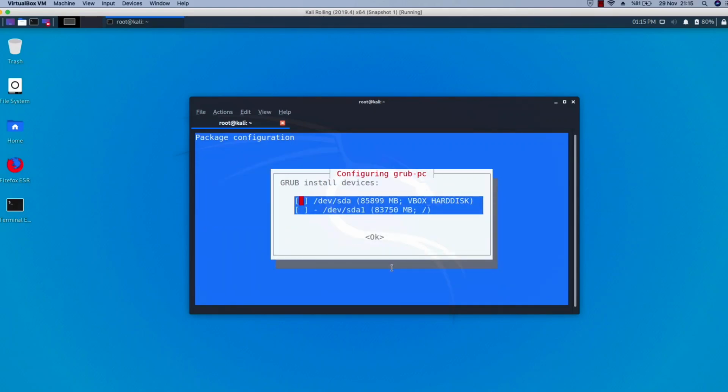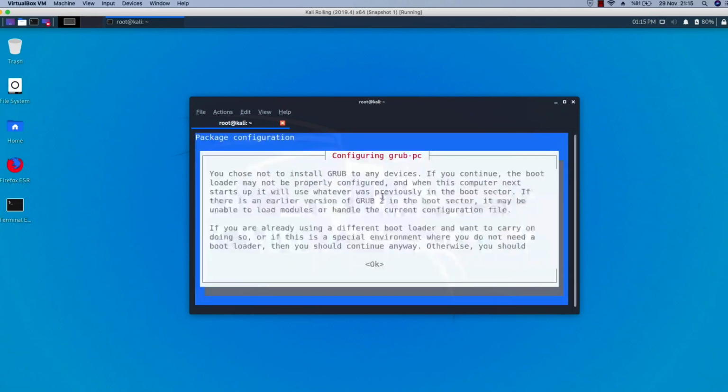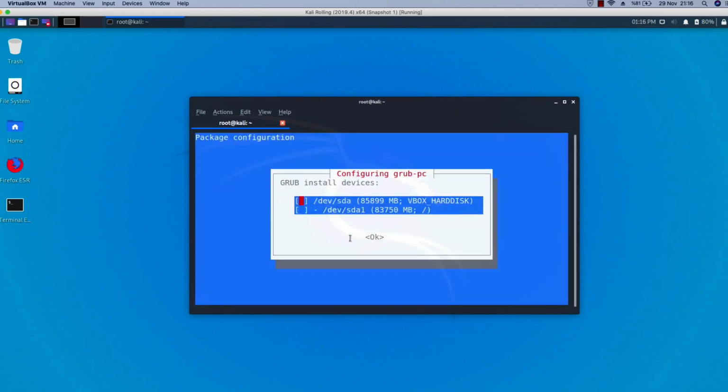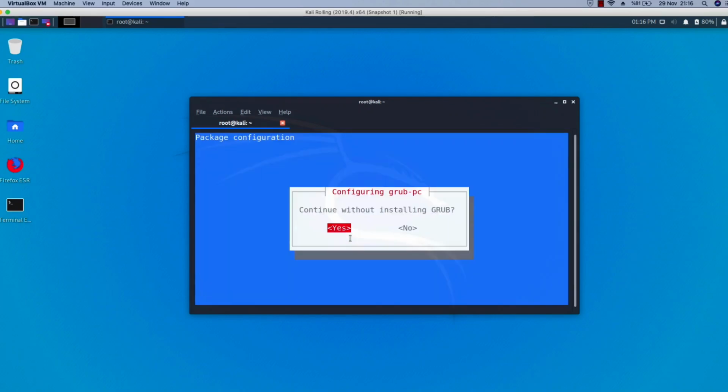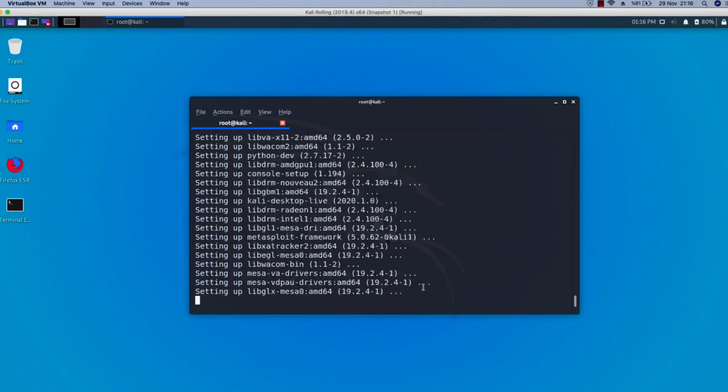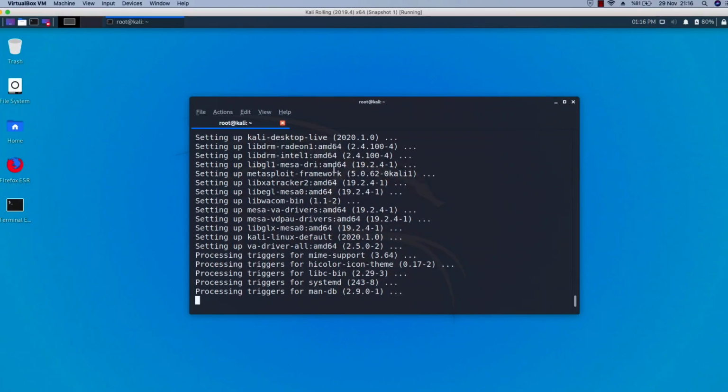So it will say something like, you have to choose wherever you want to save it. Of course, we want to save it inside of our VirtualBox hard disk, so I'm going to say OK, and it will ask whether to continue without installing grub, and I believe the default was no, so I'm going to say no. The default was yes, actually, so I said no, and I'm back to square one. So let me choose this one more time and hit enter. Let me say okay, and let me say yes. Now it continues. So as you can see, I'm just complying with all the defaults that Kali Linux has to offer for me. And I believe it will take some more time, so I'm going to stop here, but within the next lecture,